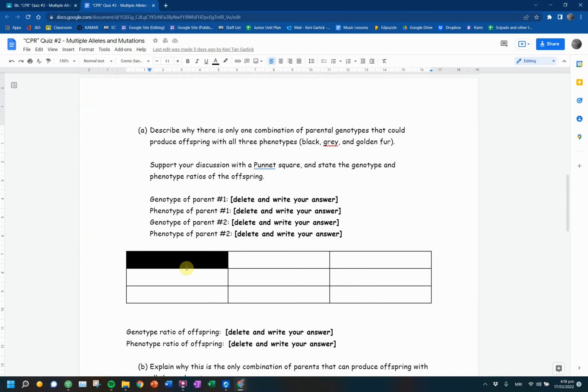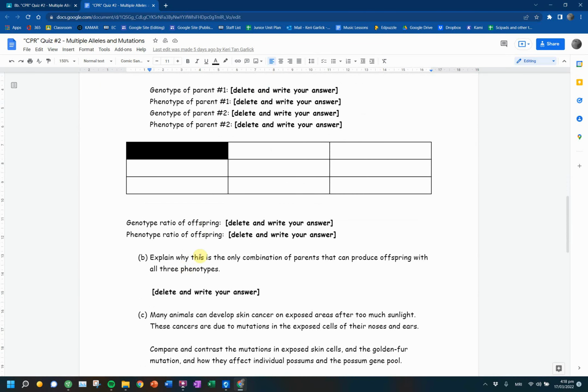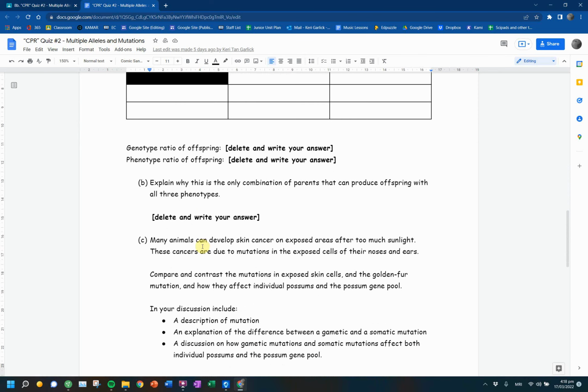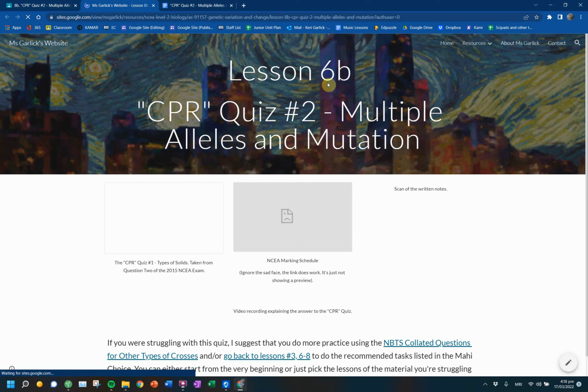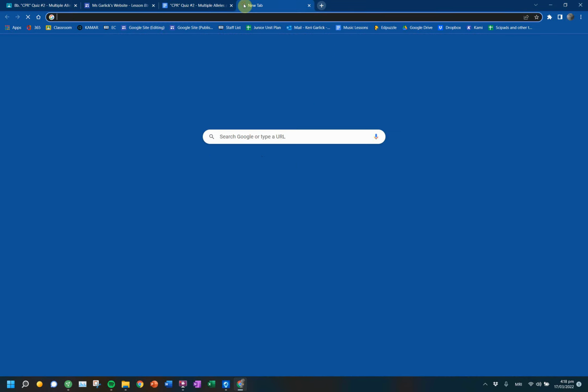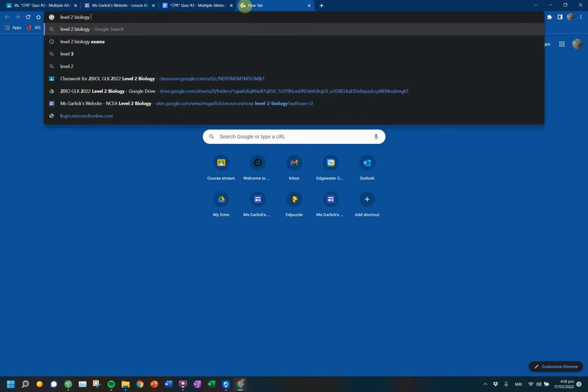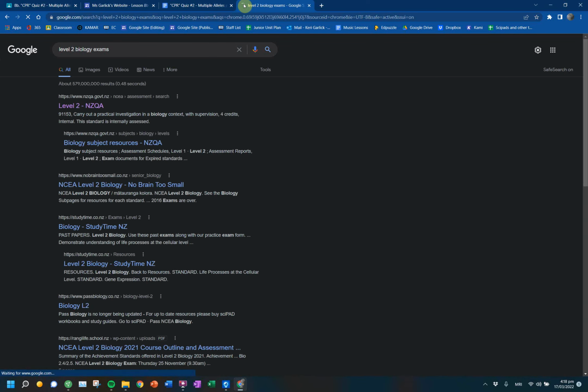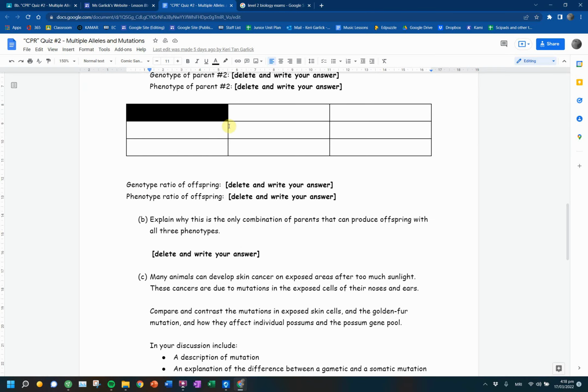Cool. All right, genotype and phenotype ratio. Explain why this combination is the only one to produce all 3. That's all your justification components. Let me pull up the marking schedule. Now, unfortunately, I think my hyperlinks aren't working. So we're just going to search level 2 biology exams. And this one was the